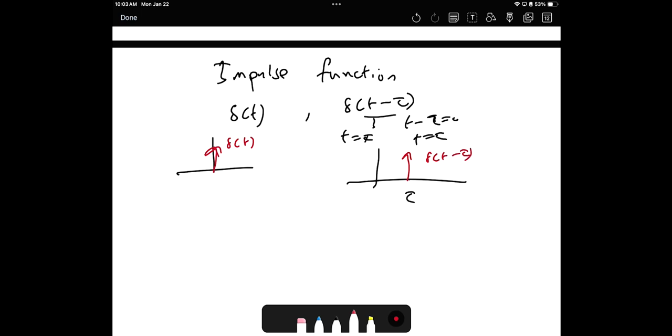Overall, delta of t minus tau goes toward infinity, so that arrow goes toward infinity. We cannot say what the value of delta of t is at t equals 0 because it is unknown, while at any other values, other than tau, it will be zero. So it happens only at that instant. Something happens at that instant. So the properties